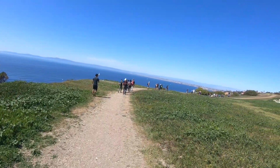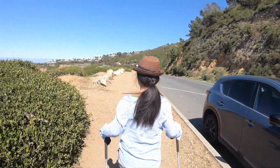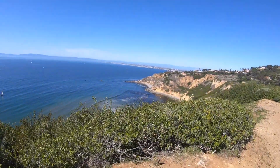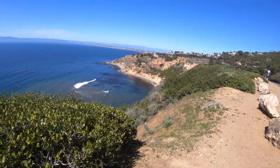There's a little glimpse here walking along the beach area. And this road is Paseo del Mar as we continue walking toward the beach. Here's the beautiful scenery down below. Check that out, coastline from here. Look at